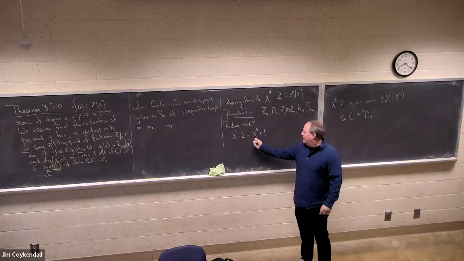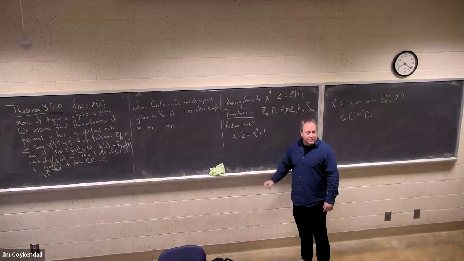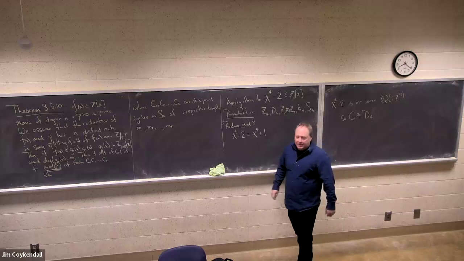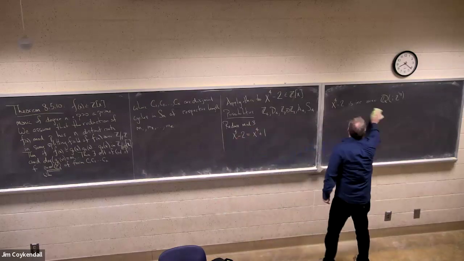First thing, can I reduce this? Well, I'm not sure. But here's what I do know. No linear factors. And the reason is if there was a linear factor, it would have to have a root, would it not? And clearly mod 3, 0 is not a root, 1 is not a root, and minus 1 is not a root. So, okay, I'm done. Now, it could reduce